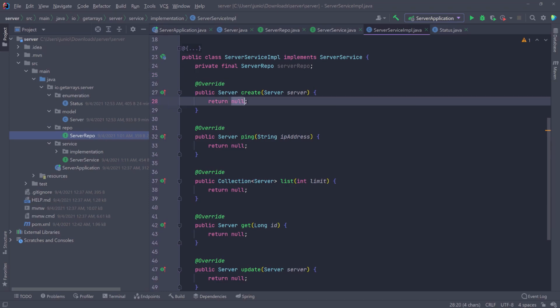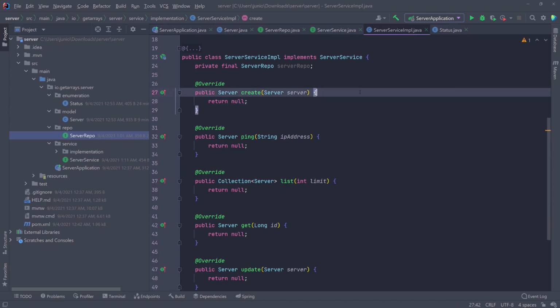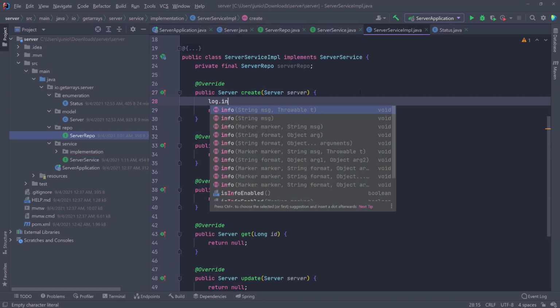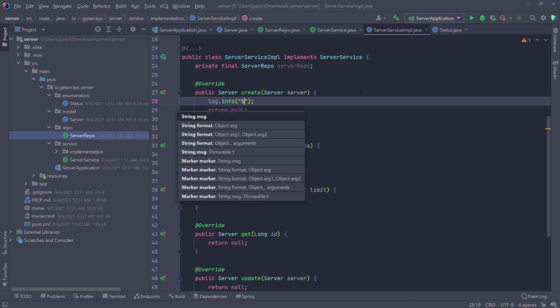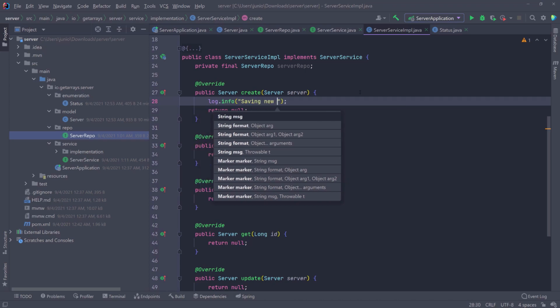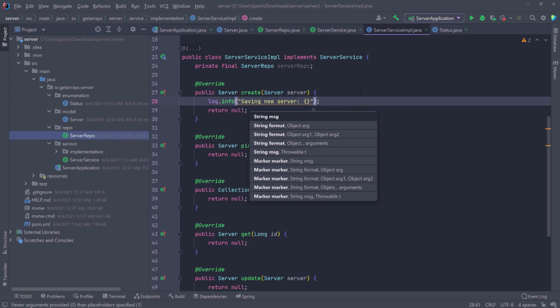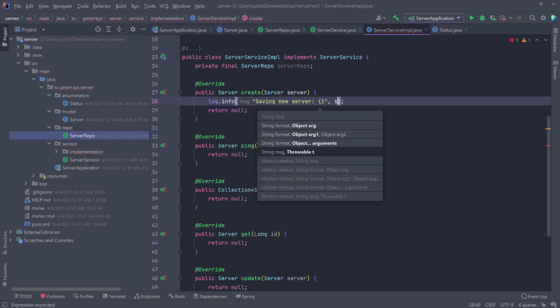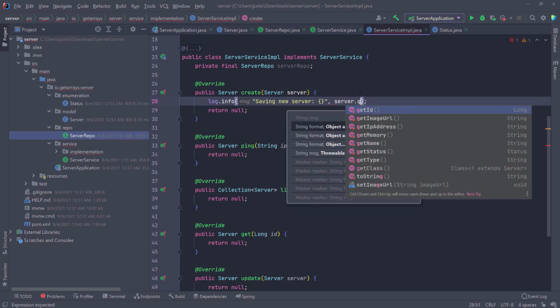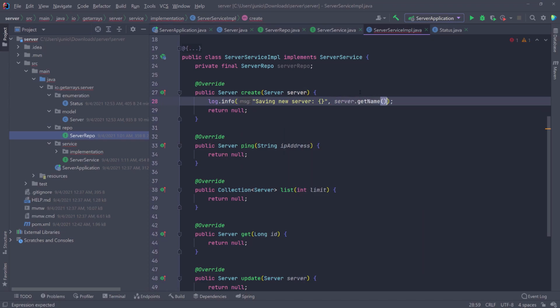And what I want to do in the create is to log. So I'm going to go ahead and do log that info, and we're going to pass in a message. So I'm going to say saving new server, and then let's say we want to show the name of the server. So I'm going to do open and close curly braces, and then put a comma, and then try to get the name of the server. So I'm going to do server.getName. So that's going to give us a log in the console that's going to say saving server and then pass in the